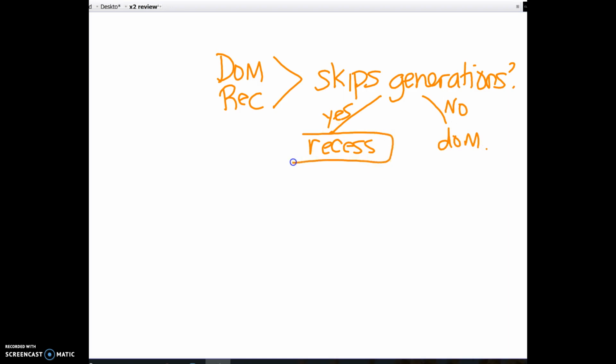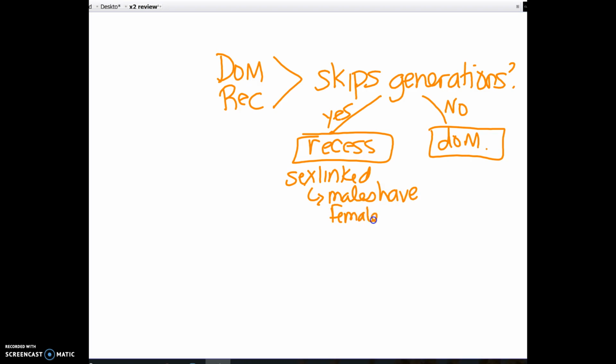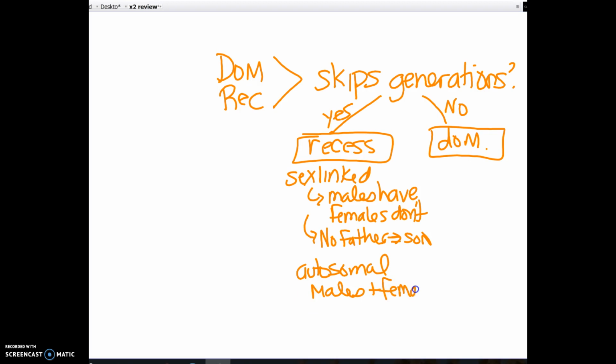Now, once you've got dominant or recessive, how do we determine sex-linked or autosomal? If the trait is sex-linked, you're probably going to see males have the trait, females don't. Also, you're going to see no father with the trait passing the trait to their son, because that cannot happen in a sex-linked trait. If it's autosomal, you should see males and females, probably in similar numbers,